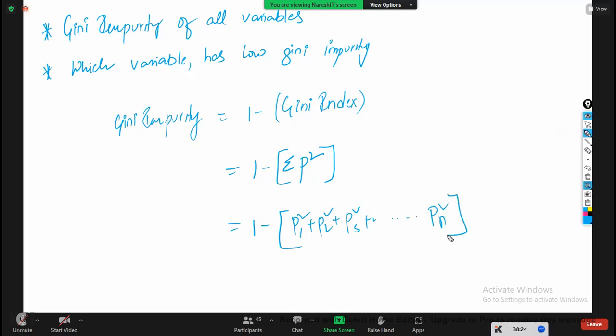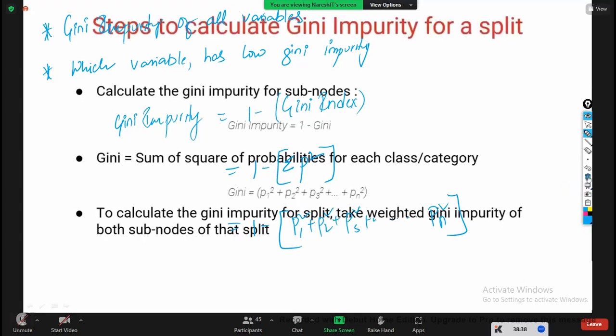Multiple probabilities you are going to square and add. For the first class, you calculate the probability and square it. For the second class, probability and square it. Sir, how do we calculate all these things? Let us see one data set and do the calculation